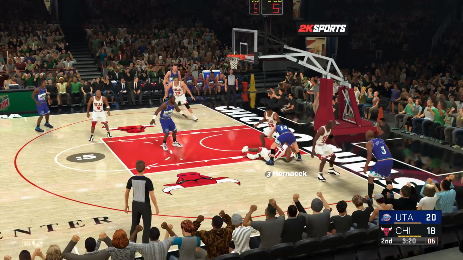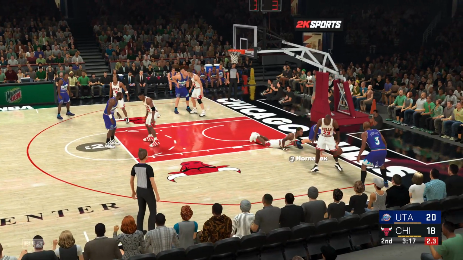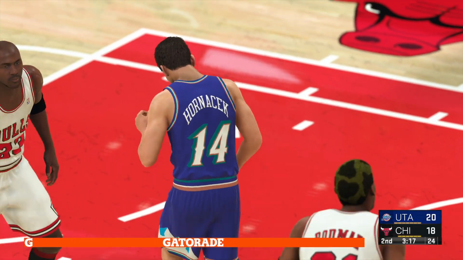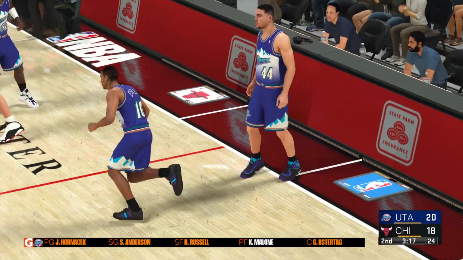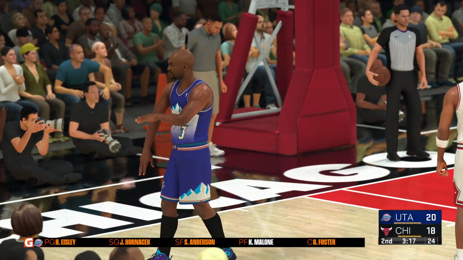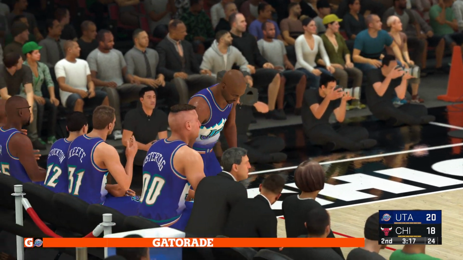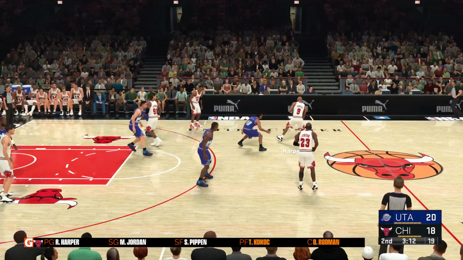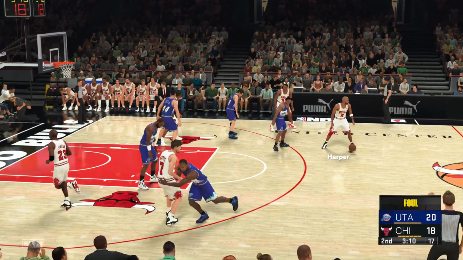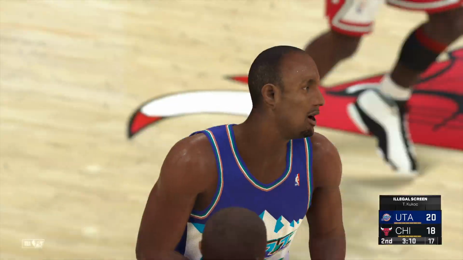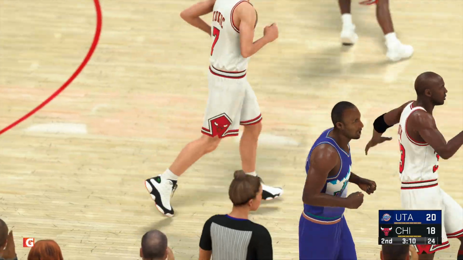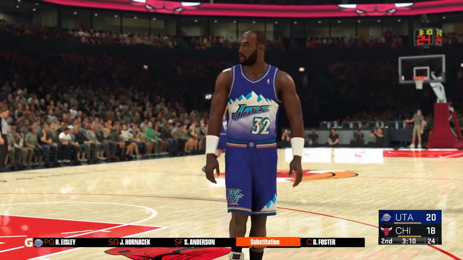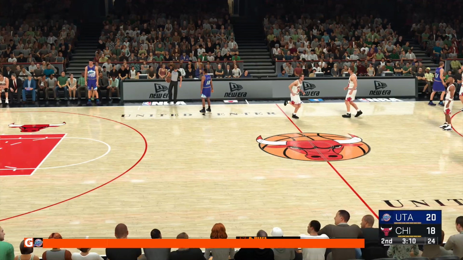Poke loose. And out of bounds. The Bulls will take it. Chicago ball. Tony Kukoc, he's checked in for Longley. The Jazz also changing it up. Foster's checked in for Ostertag. And Isley subbed in for Brian Russell. Chicago trailing here. Outside Harper. And there's the whistle. Illegal screen. Beyond the leanings, you can see his feet weren't set on that screen. Easy call. Look, guys get away with this all the time, but on this occasion, he got caught.